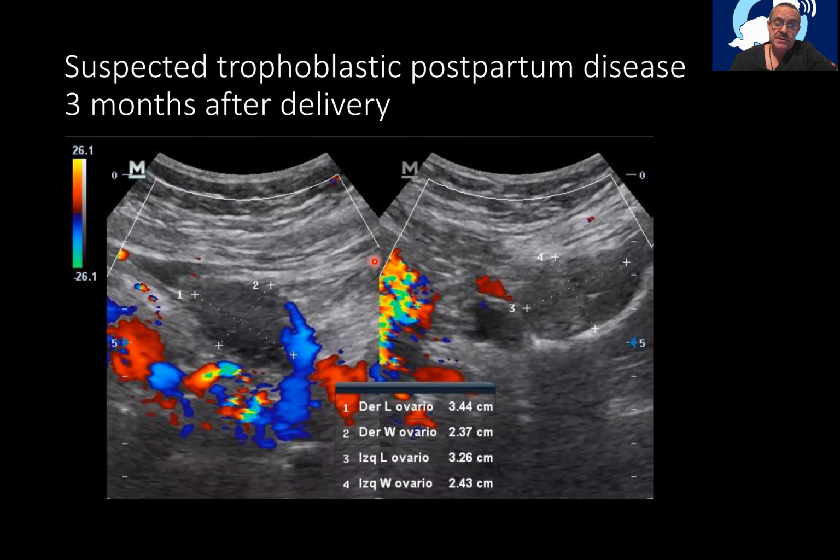If we use the color flow, those are the ovaries, no luteum cyst,